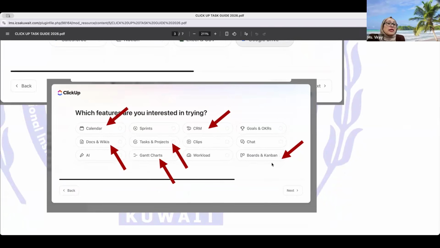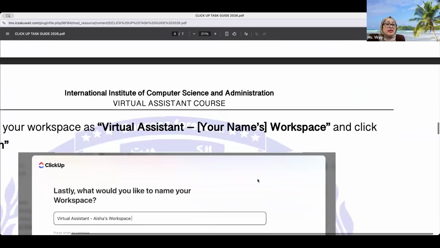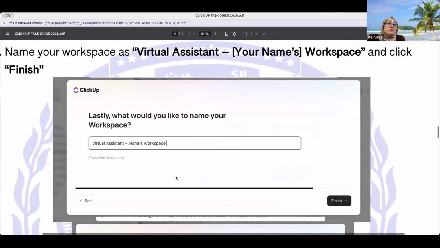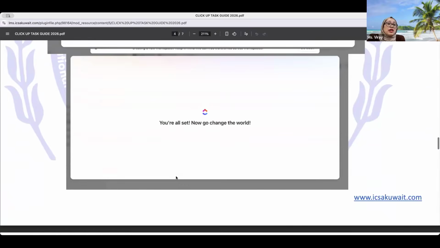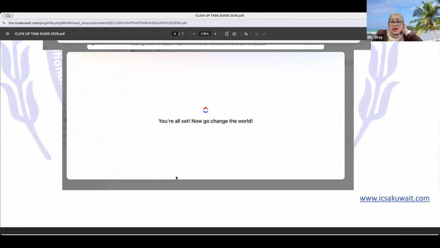You can choose all, actually, if you like. Then just click next. Lastly, you have to name your workspace, for example, my workspace for VA. Then click on finish and you're done. That's how easy it is to make the ClickUp account.